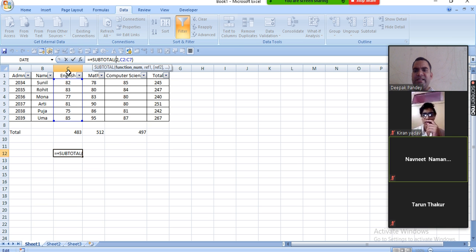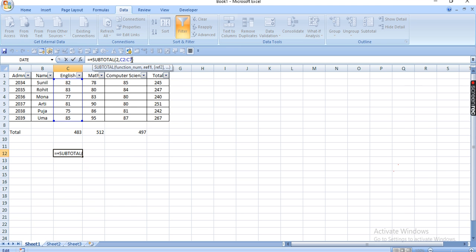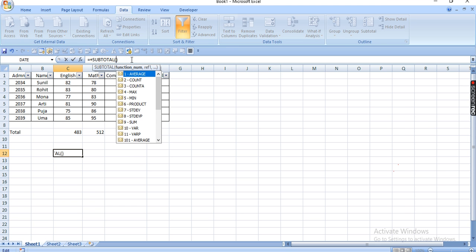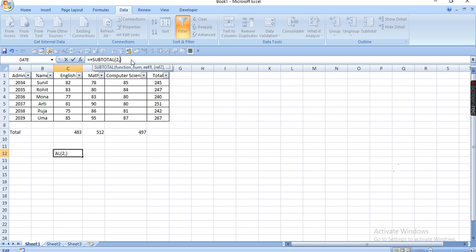Let's change the criteria. Basically it gives us the numeric value count. In each and every field I have selected from C1 to C7.